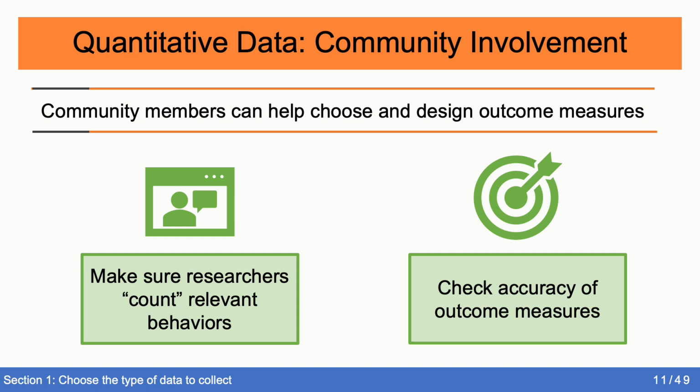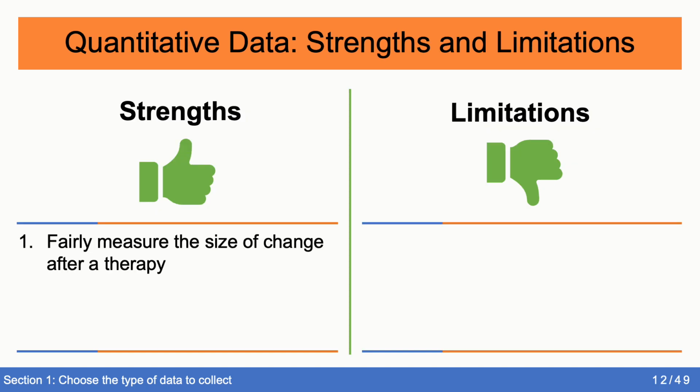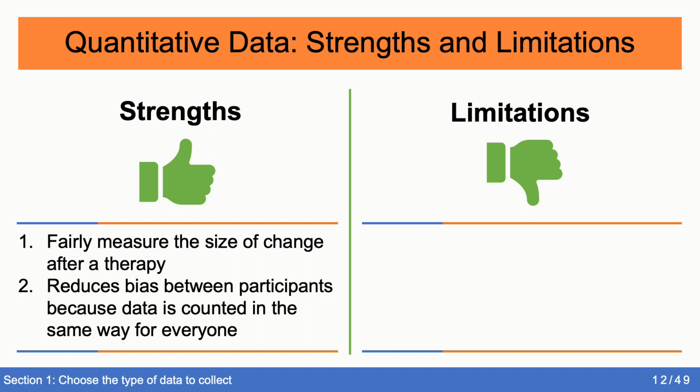It also ensures that researchers are accurately measuring the behaviors or skills they think they're measuring. The major strength of quantitative methods is that it allows you to fairly measure change after a therapy. Quantitative data reduces bias between participants because data is counted the same way for everyone, rather than relying on personal